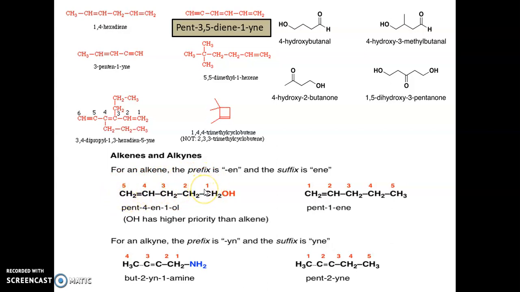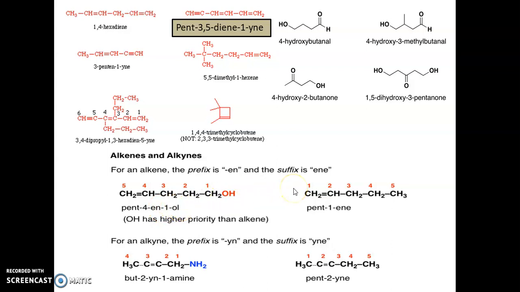So first highlight the second priority group. Here this OH group acts as the main functional group, so it will no longer be termed as hydroxy, it will be termed as "ol". Okay, main functional group. So first you highlight the second priority group, that means this alkene. The position is 4, so 4-en in pent-1-ol, or you can write it as pent-4-en-1-ol. Both are correct: 4-penten-1-ol or pent-4-en-1-ol.